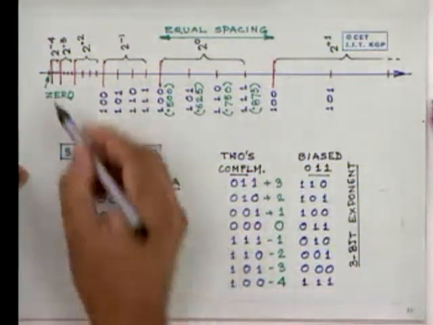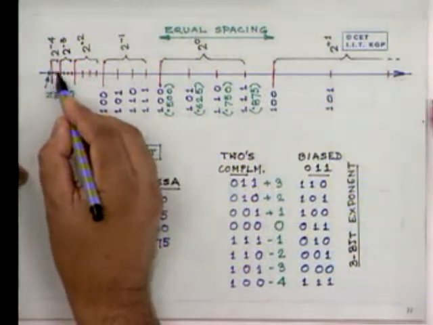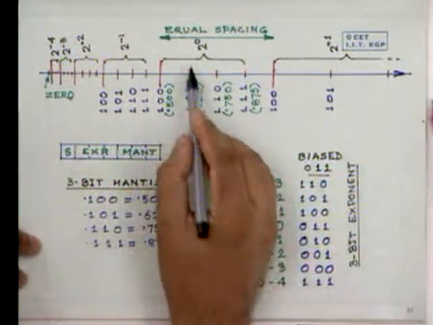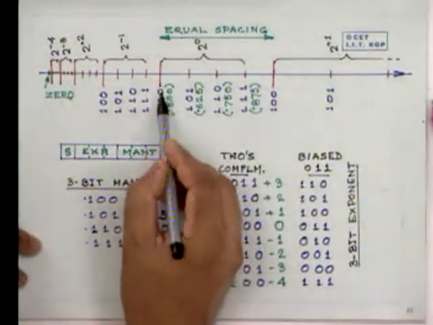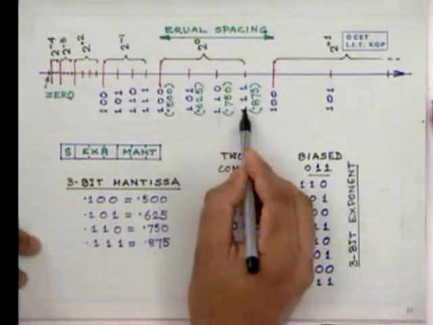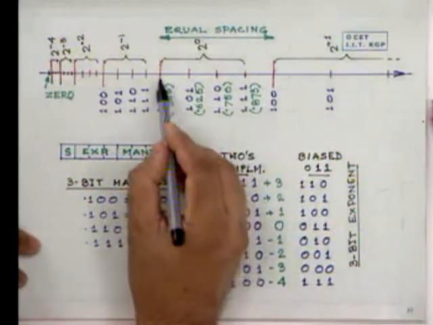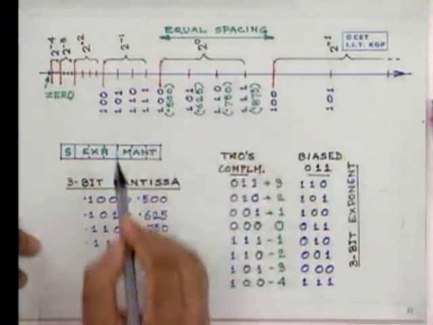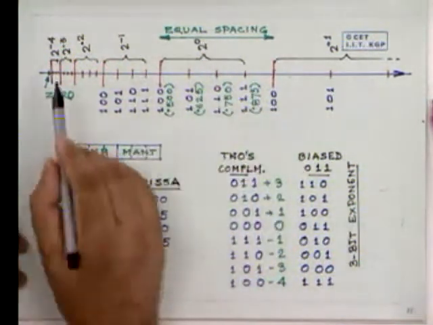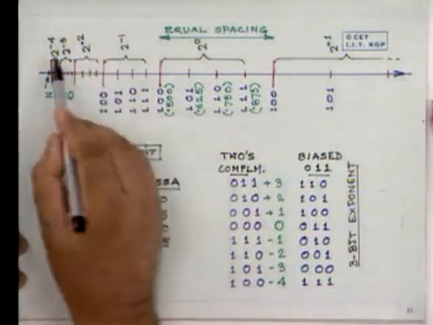And for this exponent, we can have 1, 2, 3, 4, only 4 numbers that we can represent. So for example, let us take 2 to the power 0. The numbers that we can represent are 0.100, 0.101, 0.110, and 0.111, each having an exponent of 2 to the power 0. Therefore, only these 4 numbers can be represented for 2 to the power 0. So it is for 2 to the power minus 4, 2 to the power minus 3, 2 to the power minus 2, and so on.